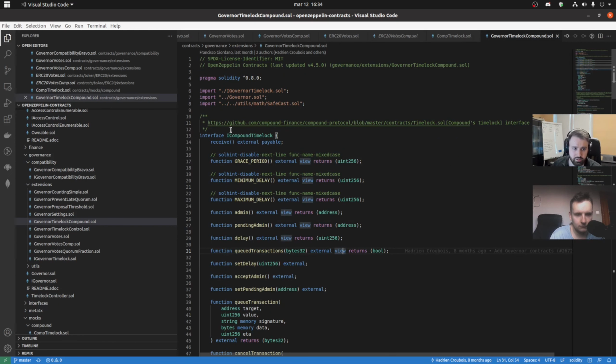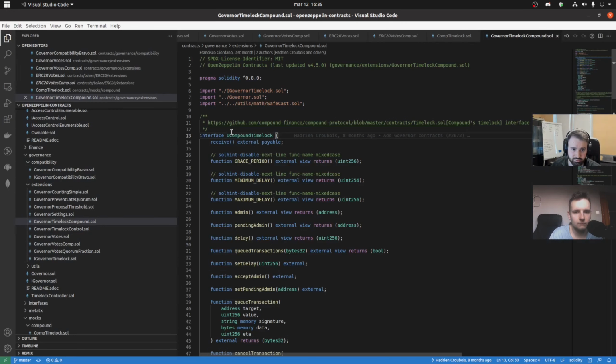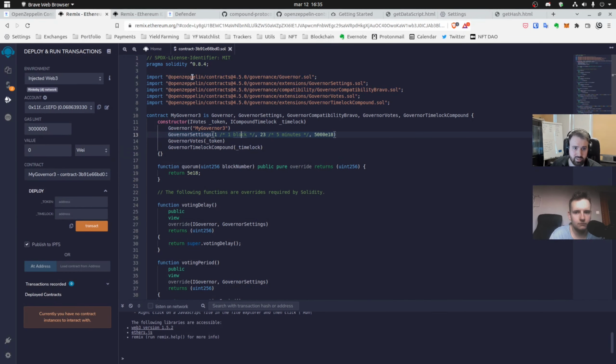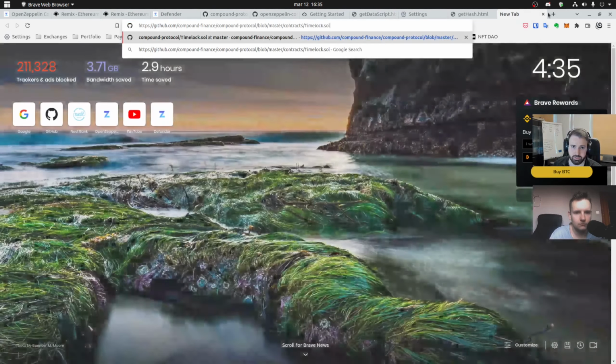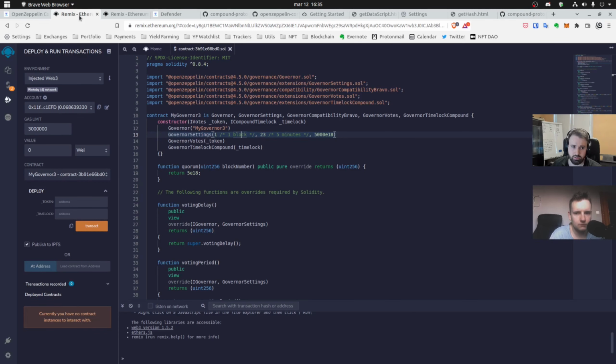So if you checked the source code and stumbled upon the Compound Timelock, you can see that there is a link to the implementation that we can use. And it's CompoundTimelock 2, so there was something wrong with my search, I guess. I searched by the file name, not the interface or contract name. So now what we can do is open a new tab with the link, and here we have the Timelock contract, which we can copy